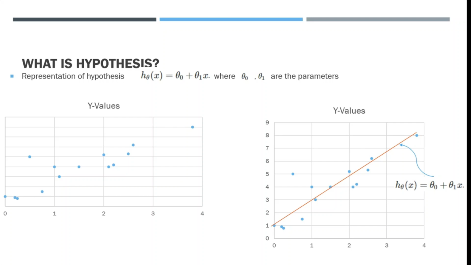Suppose our x is 3, and we want to predict the value of y for that x. By using this hypothesis, or this red line, we can easily predict the value of y that is near 6.6. I don't think this is that hard to understand. You only need that hypothesis in order to predict the value of y for a given x. So why don't we discuss how to get that hypothesis.